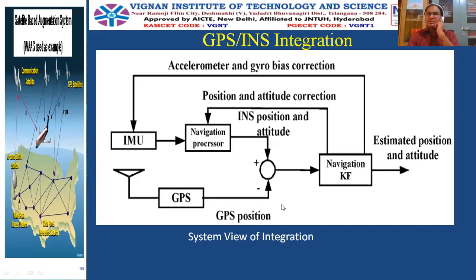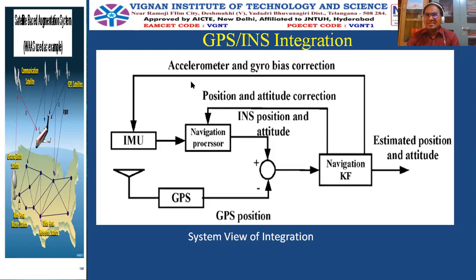Right. So let us understand how the integration architecture is built or designed. We have GPS on one side and on the other side we have INS. INS is the inertial navigation system and GPS is the global positioning system. The global positioning system will use an RF signal and a simple distance estimation using the simple mathematical formula: distance is equal to speed into time. Time will be calculated from the time of travel of the RF signal. Of course, all that procedure we know.